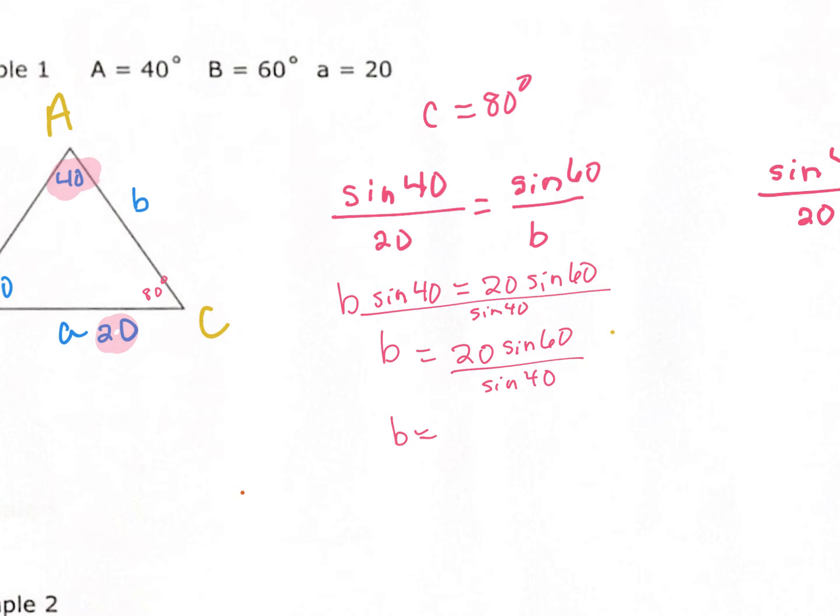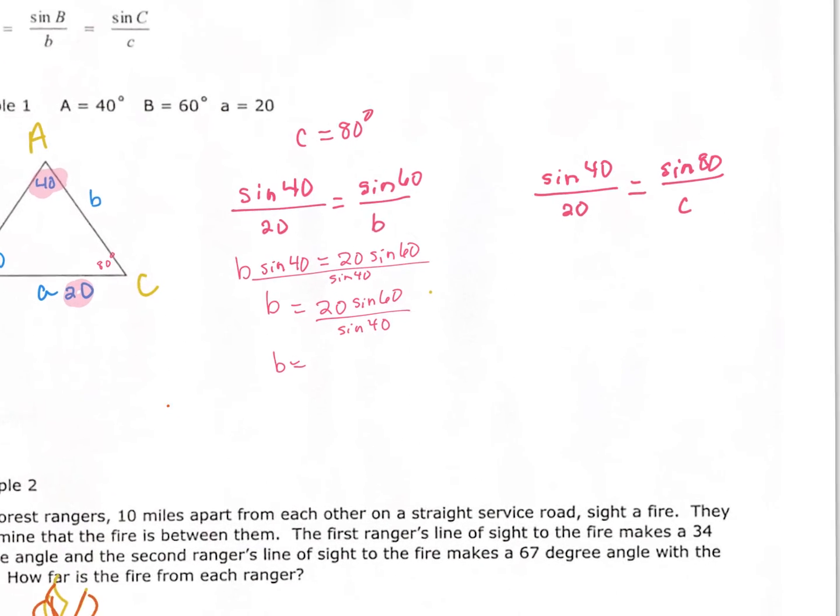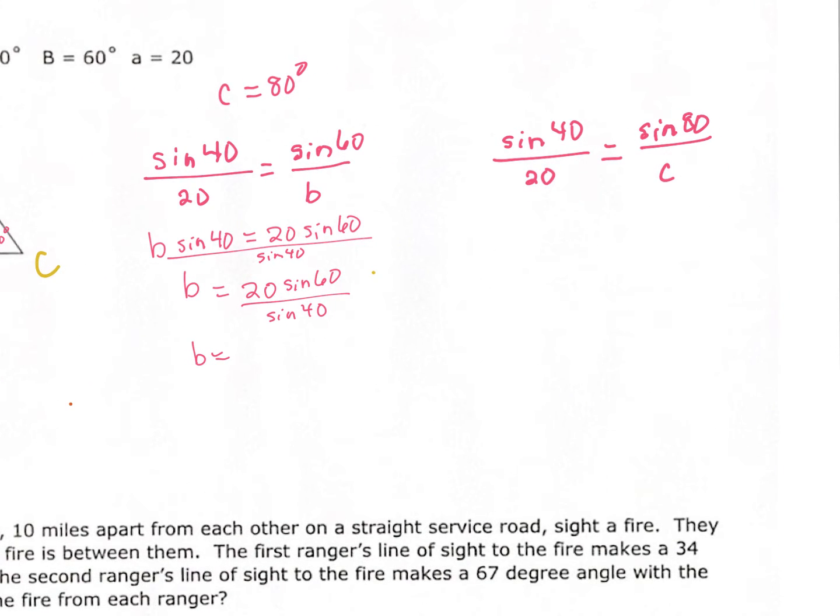Katie, Rachel, Ryan, Reed, will you guys plug in and see what you get for that? Compare answers. For C, we're going to cross multiply here. We get C times the sine of 40 is equal to 20 times the sine of 80. And then we've got to divide by this sine 40, so